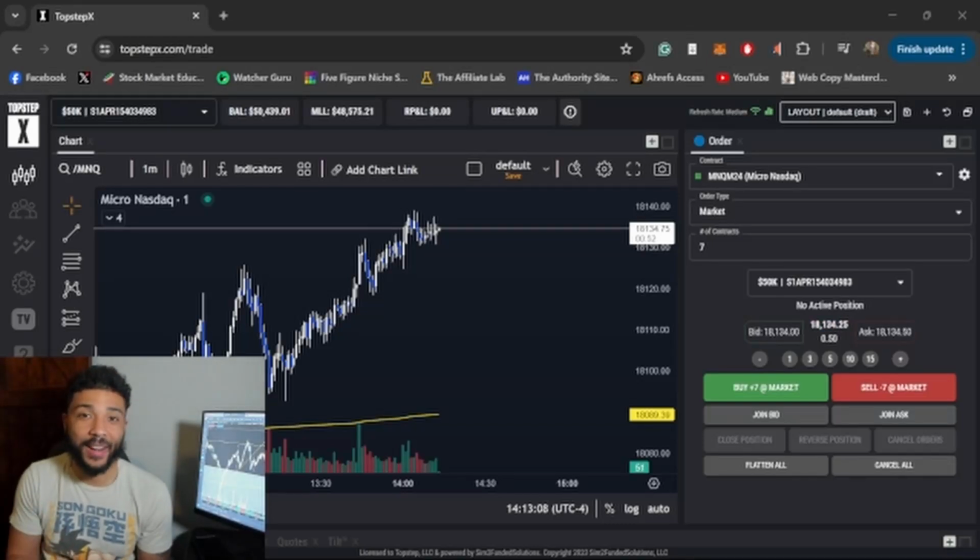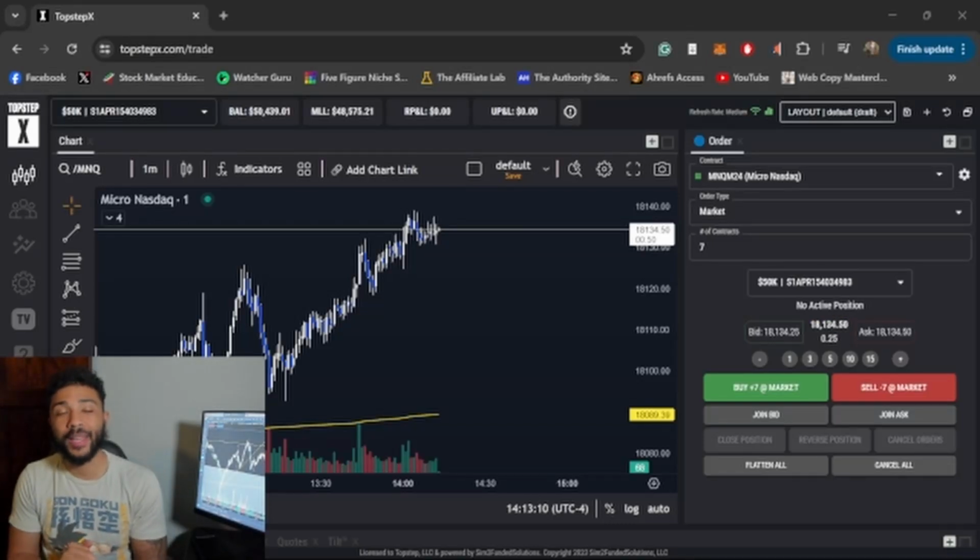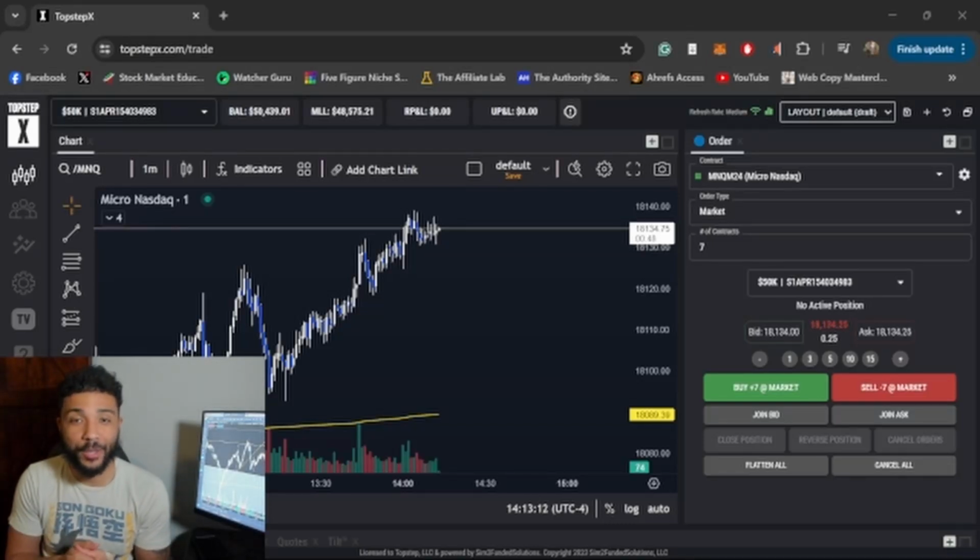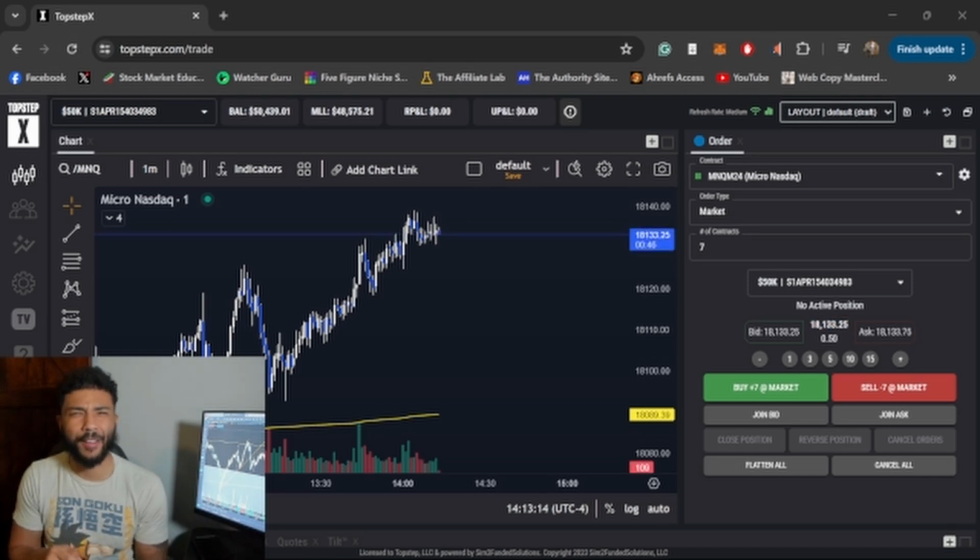Topstep X has finally been released to the public, and I want to break it all down. I've been using Topstep X now for about 4 months, and I've really got to know the platform. Topstep has fixed a ton of issues that other trading platforms have had,